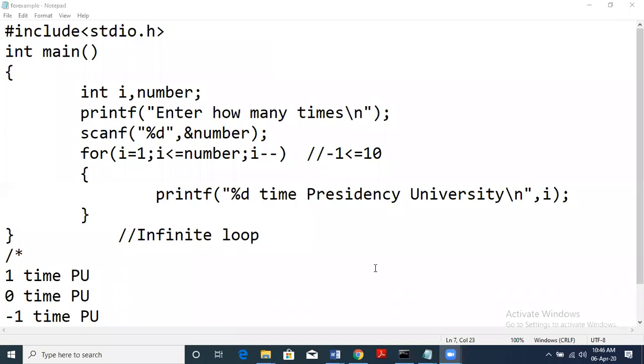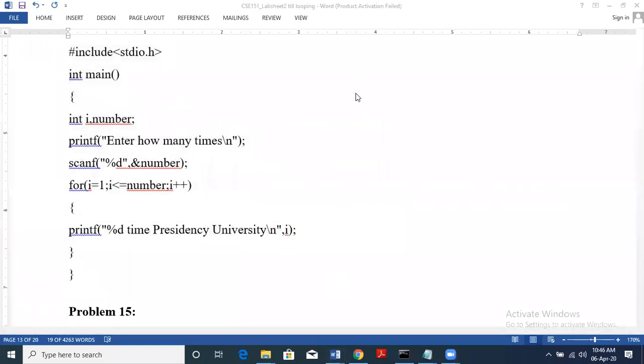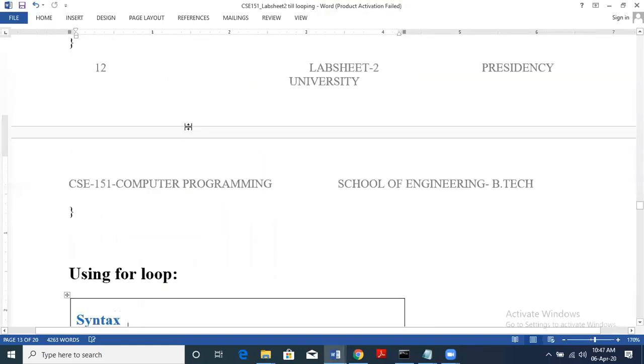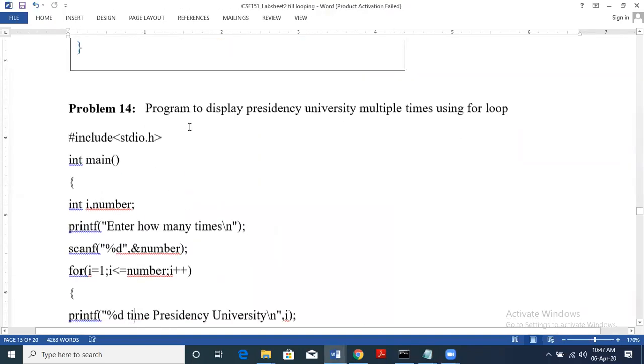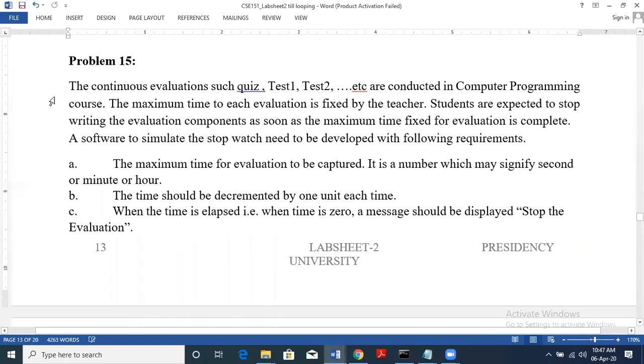Any doubts? I hope the concepts are clear today. We discussed while loop and for loop, that is the initial cases. Please watch the video and then find out. There are a few more questions. Tomorrow we will discuss these questions in the class. Google class will be scheduled according to your timetable. So tomorrow we will discuss the further concept.